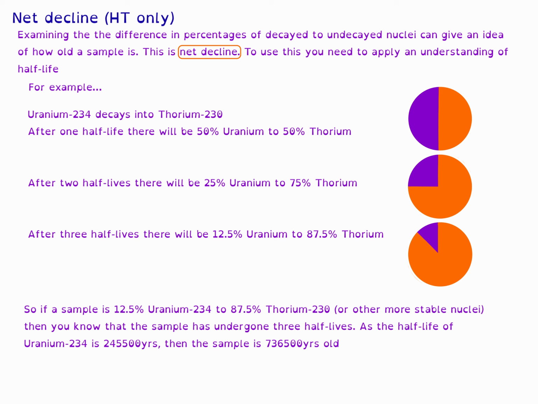So if a sample is 12.5% uranium-234 to 87.5% thorium-230 or other more stable nuclei, then you know that the sample has undergone three half-lives. As the half-life of uranium-234 is 245,500 years, then the sample is 3 times that, which is 736,500 years old. Radioactive contamination is the unwanted presence of materials containing radioactive atoms on other materials, like hands or